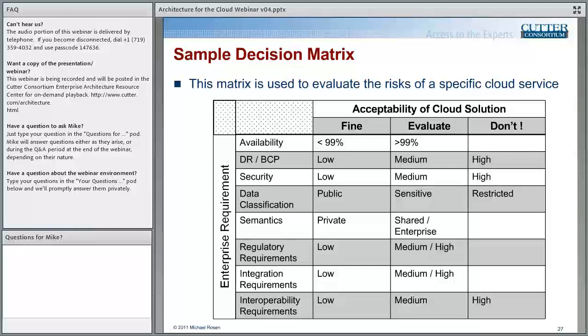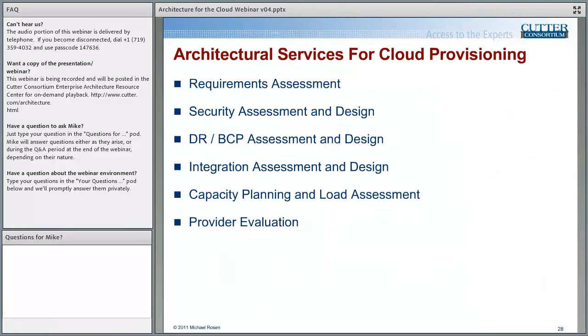Then, given these two matrices, we have the ability to engage with the business to help them understand the issues of the cloud and what's acceptable, what they can go ahead and do. Anything in this fine category, okay, go ahead. Anything in this evaluate category, well, we probably want to help you figure out the right solution. So as architects, we also want to provide some set of consulting services or architectural services to our business partners to help them in choosing the right cloud